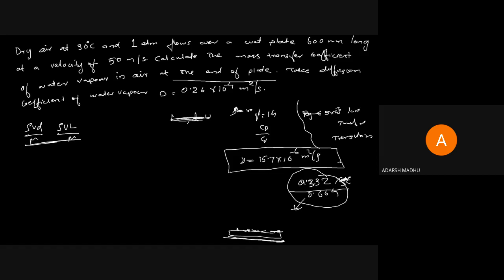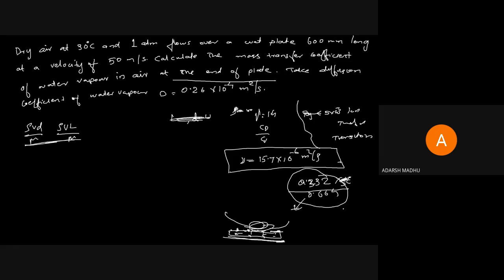If it is asking for a 2 meter length, or 4 meter, 5 meter, 6 meter length or full length, and nothing like that is asked, and it is just asking to find the heat mass transfer coefficient value for this particular flow, then we cannot see any particular region. So you are finding the average value of the mass transfer coefficient. So when no particular length is given, and it just says to find the mass transfer coefficient value, we take 0.664. Right? Here in this problem it is asking for the end of the plate, which means the total length up